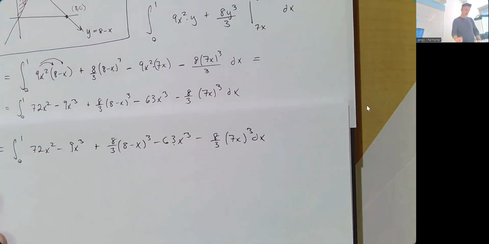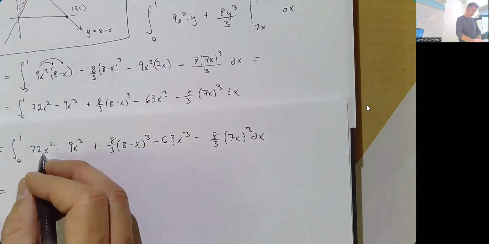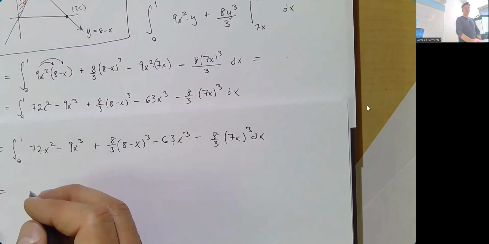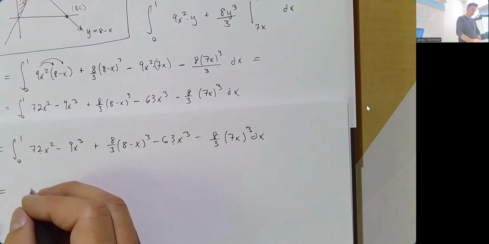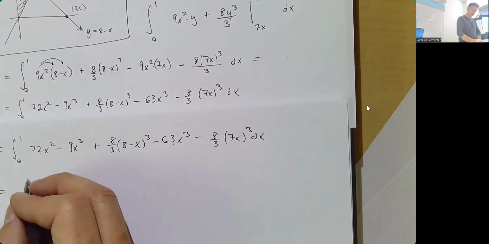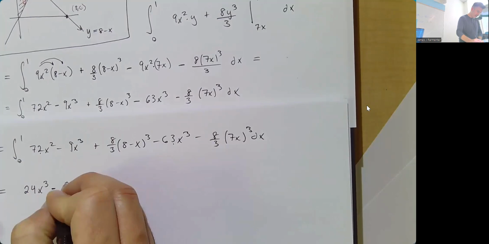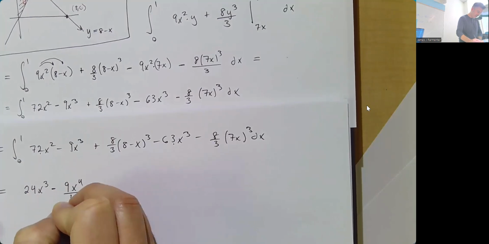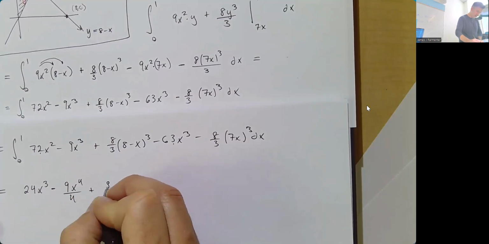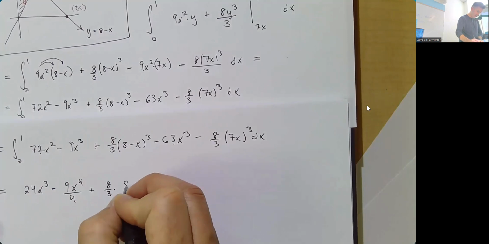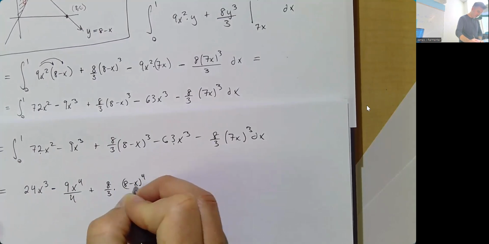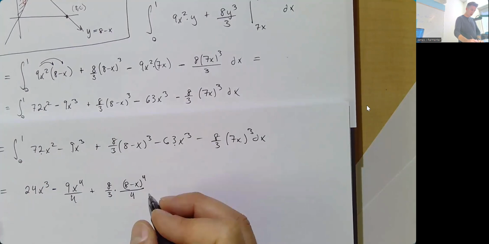Cool. So now let's integrate. We're going to get 72x cubed over 3. 72 is divisible by 3. It is 24. So let's write 24x cubed minus 9x to the 4th over 4 plus, okay, here is one of the fun ones. We're going to get 8 minus x to the 4th over 4, and then also divided